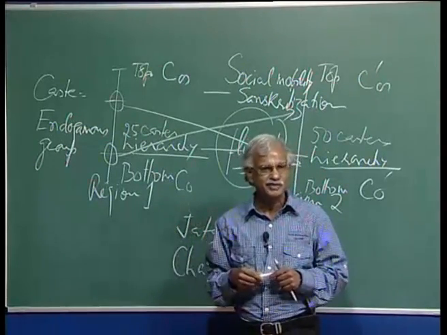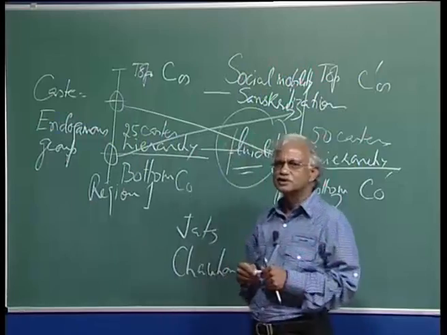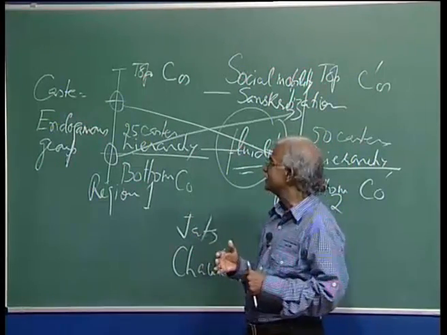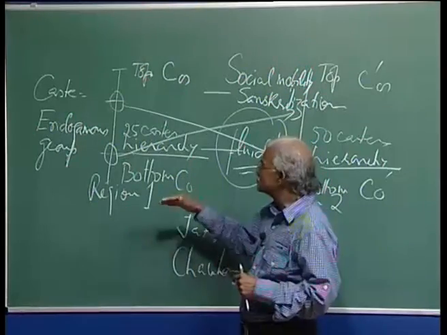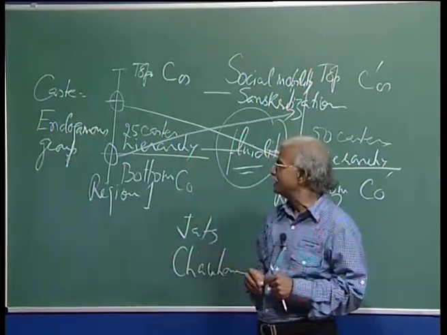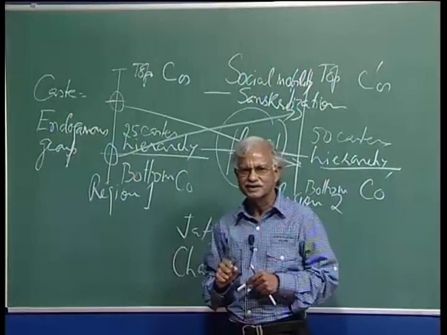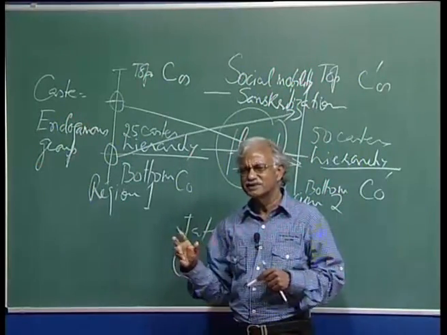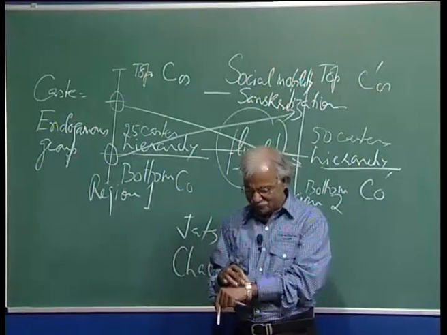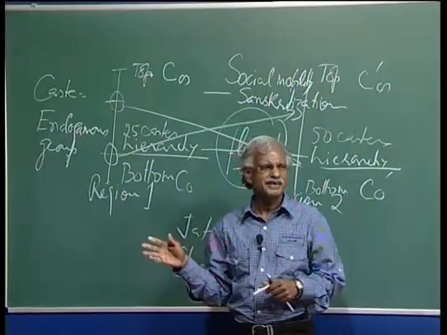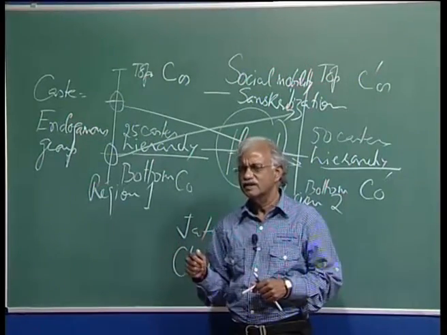Ultimately, these kinds of conflicts are resolved through political intervention, and the king, the monarch, will decide which social group should be placed where, whether a particular social group has the right to wear the sacred thread or not. I don't want to spend much time on this issue alone, but there are lots of instances like Nayars of Kerala.